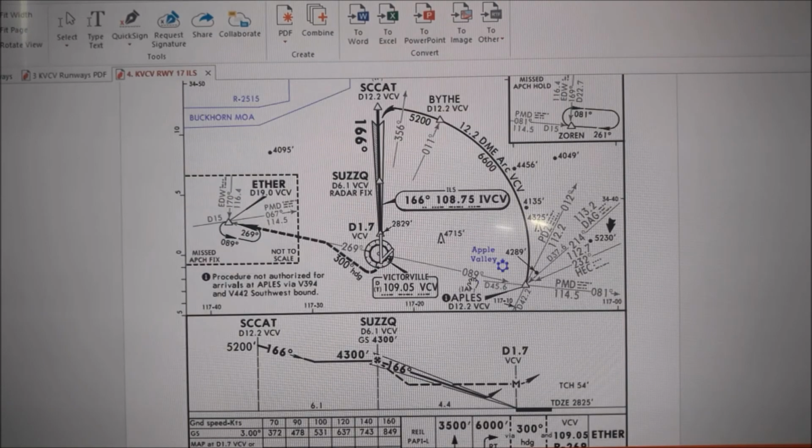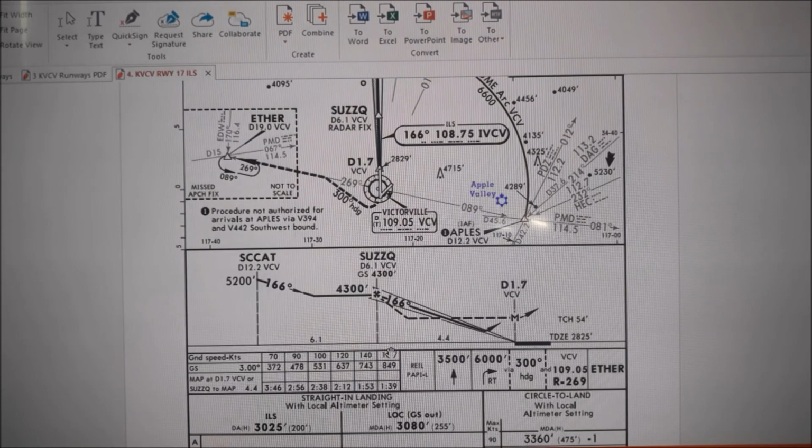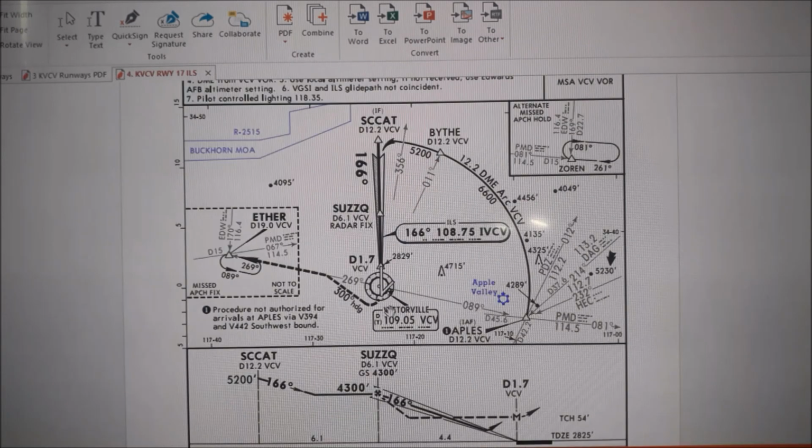And this is Victorville VOR. We are not going to fly VOR, so we don't worry about it. We are going to come here and take the ILS. And when you come down here, there are other things like runway visual range, and the missed approach, that is, if you cannot land here, how do you go around and then come back and land. This is another approach from this point, but we are coming from here, so I am not using this approach.